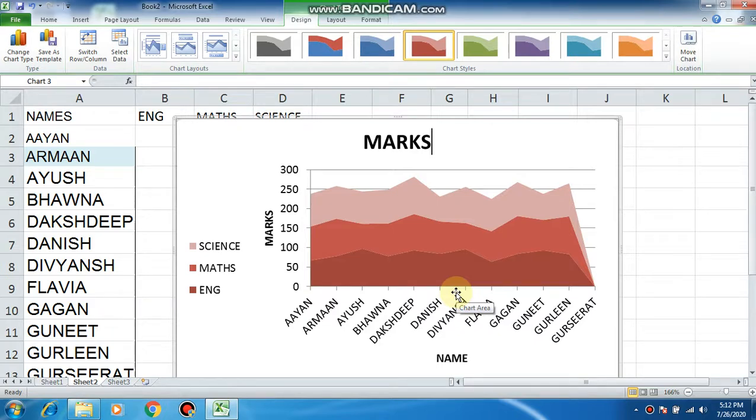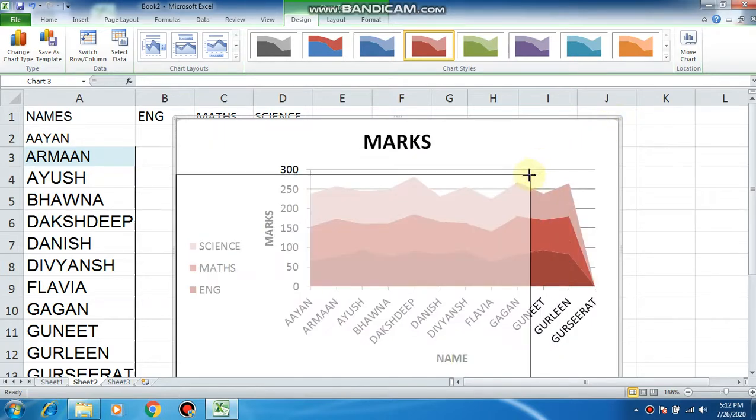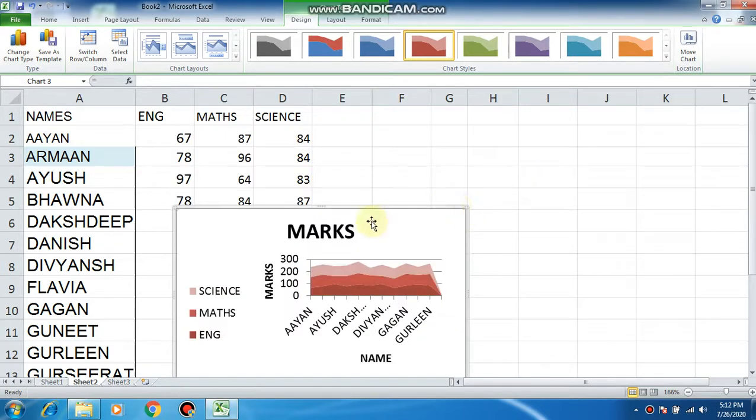Then there are, this whole area is called the chart area. This whole area where we have included the chart is the chart area, and the actual area where the chart is plotted, it is the plot area inside. Then we have changing the type of chart we have done, resizing the chart. You just click on any empty part of the chart, and when you go to the corner of the chart, you get this double headed arrow. You can just drag it and resize the chart.